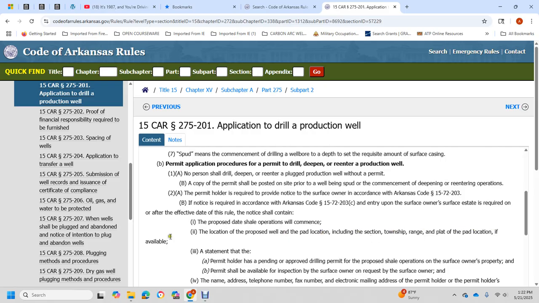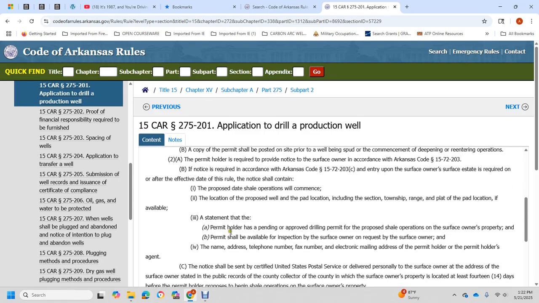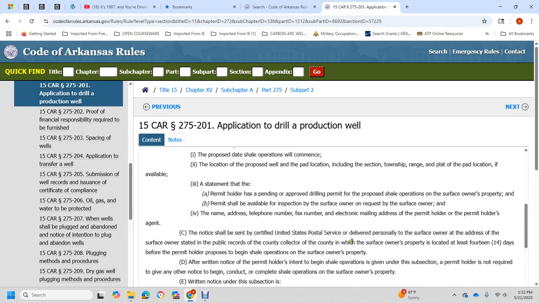of the plat with the pad location if it is available, a statement that the permit is pending approval of the drilling permit, and the proposed operations on the owner's property. The permit shall be available for inspection by the owner. The notice requires the surface owner's name and address, the telephone number, fax number, electronic mailing address of the permit holder's agent. Notice shall be made by the United States Postal Service or delivered personally to the surface owner at the address of the surface owner stated in the